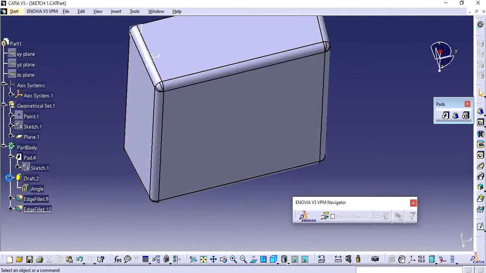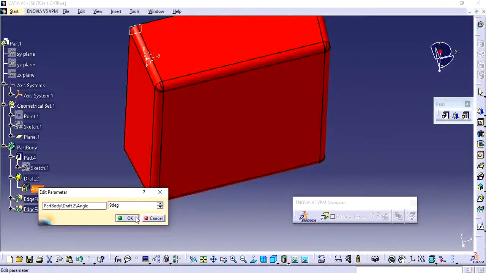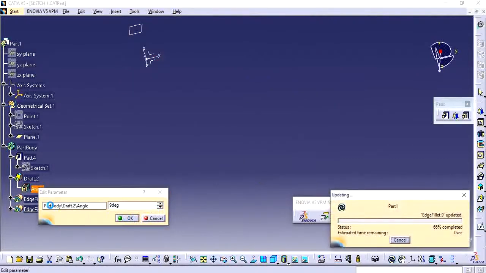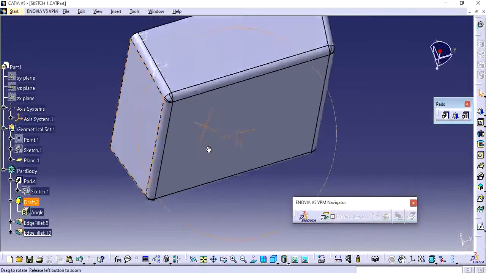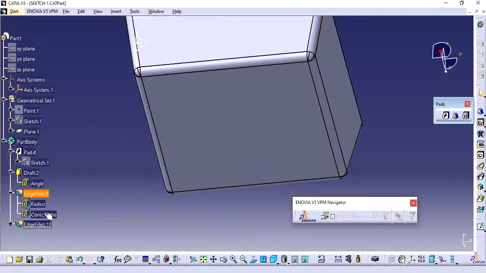So the draft value, whatever I need to modify, we can modify here. Increase, just draft. Now we can edit it individually. You can edit these values.